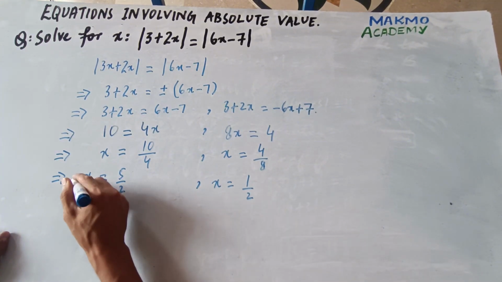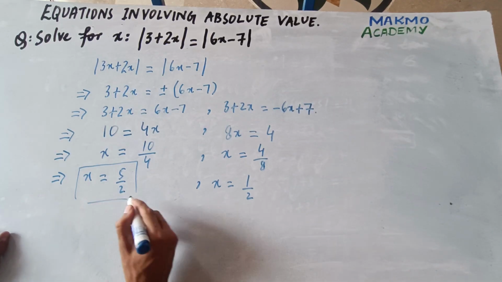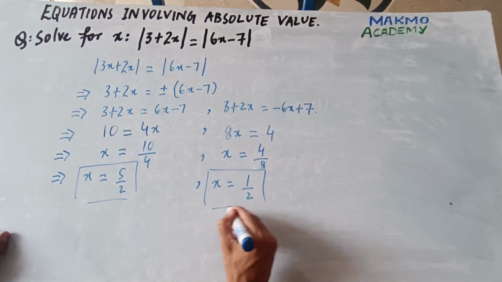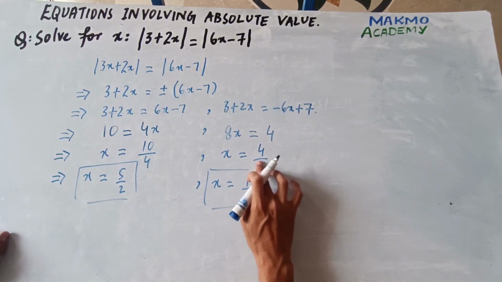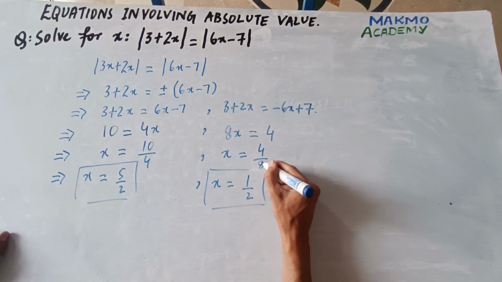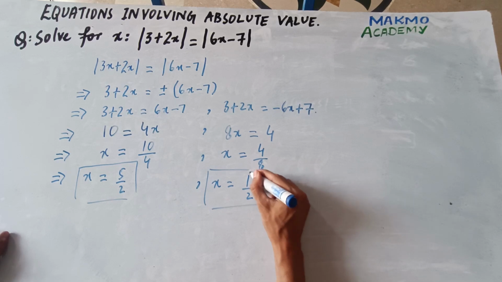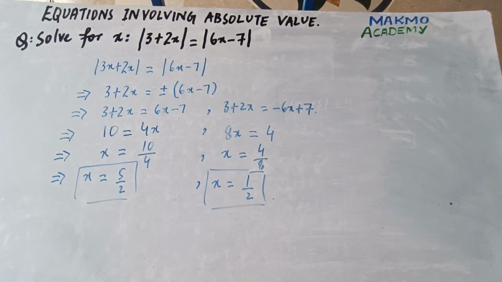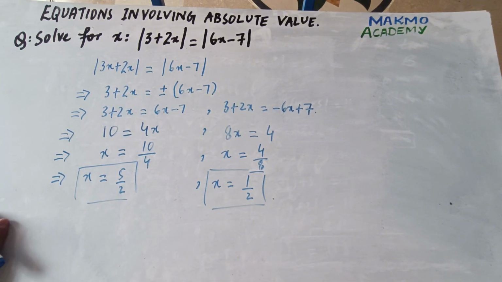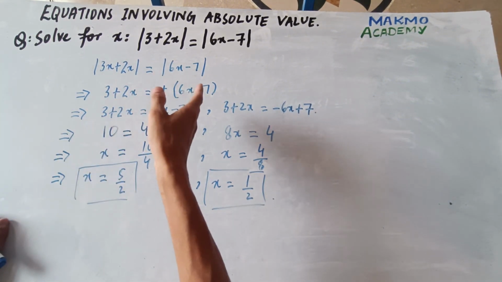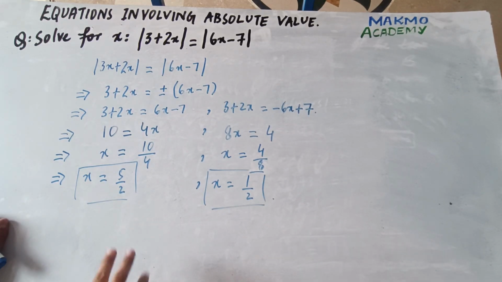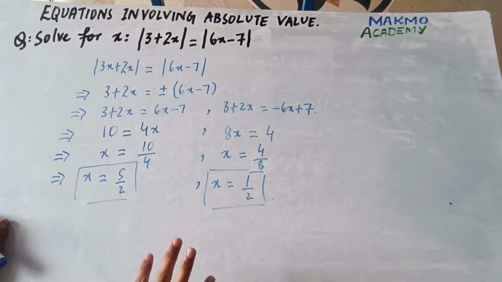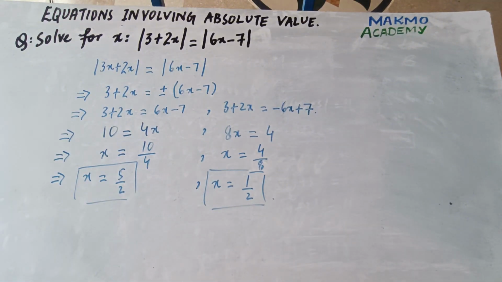So whenever you have the absolute value symbol on both sides of the equation, you need to open plus and minus on any one side. In this one I have done it with the right hand side. Sometimes students forget what to do, so that's why I told you to remember this thing, that you need to always open plus and minus on the right hand side, so that you will not forget what to do: left side, right side, both sides, or only one side. That's why I take one side for your reference.